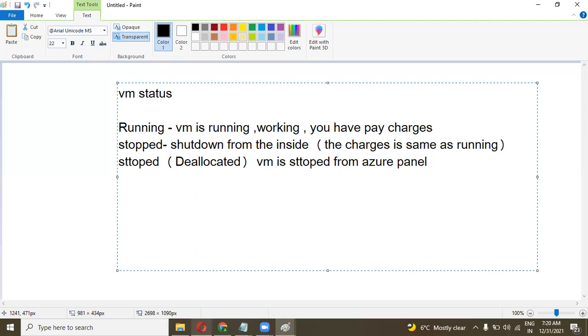In this condition, you only have to pay the charges for the OS and VM disk, because you allocated that VM disk and OS.